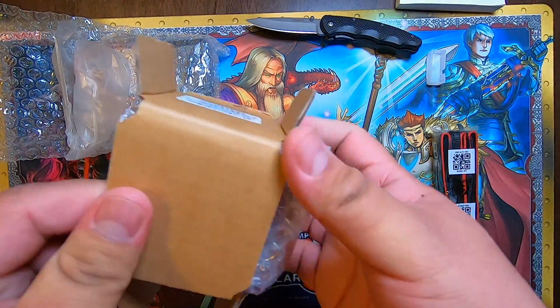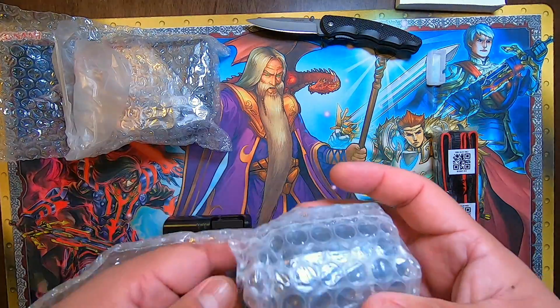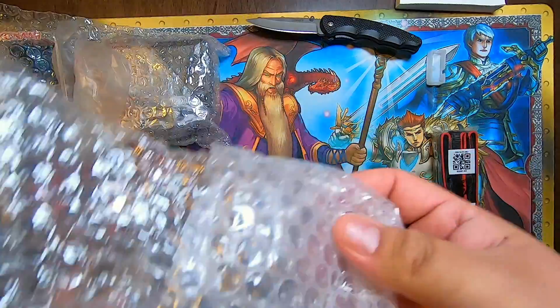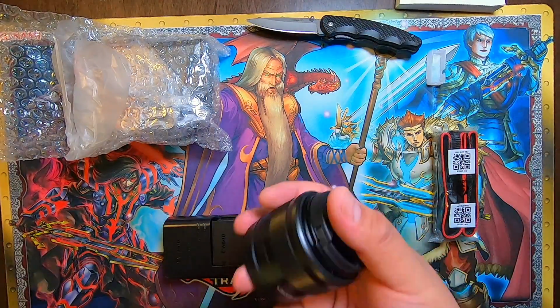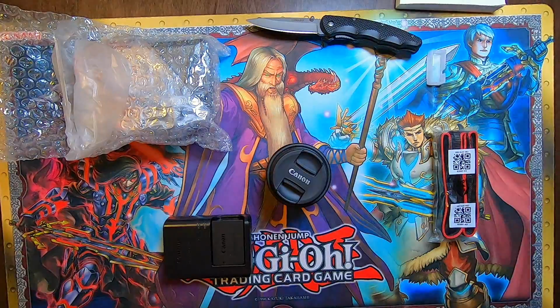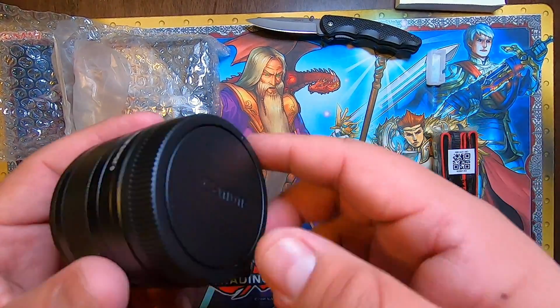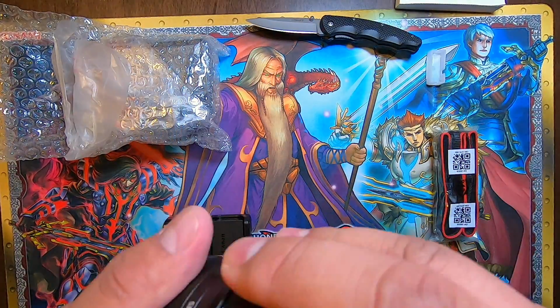This thing here is our lens. We had a little cardboard box wrapped around it to make sure nothing happens to it. We got it wrapped in bubble wrap as well. We won't pop any of those. And we'll just keep digging deeper until we get to the lens. Super sweet, look at that. That's the lens for our new, ooh, that's the back of it. For our new Canon